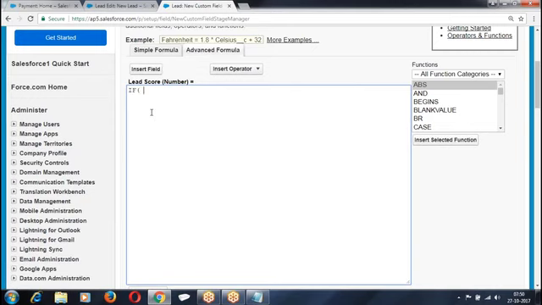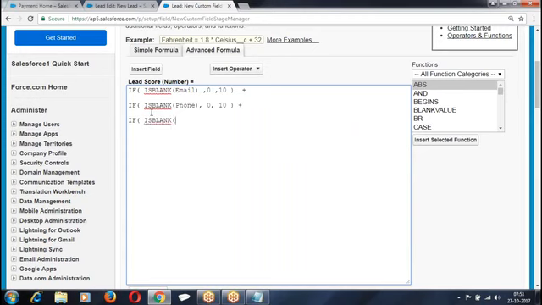If IsBlank of email, 0 points, plus if IsBlank of phone.